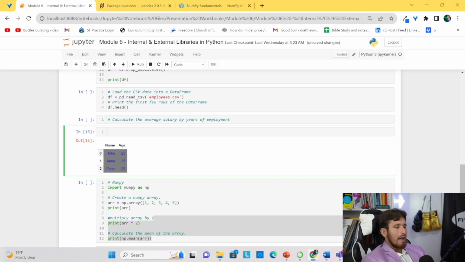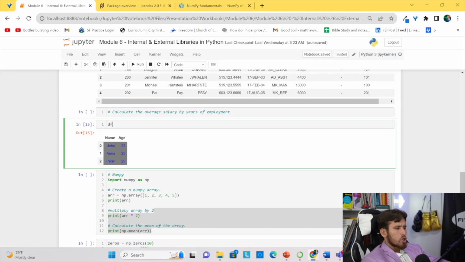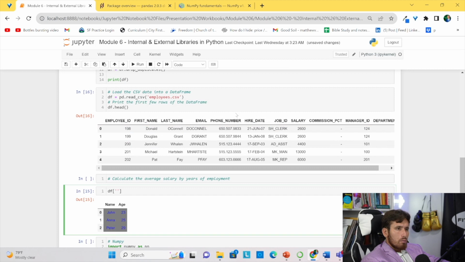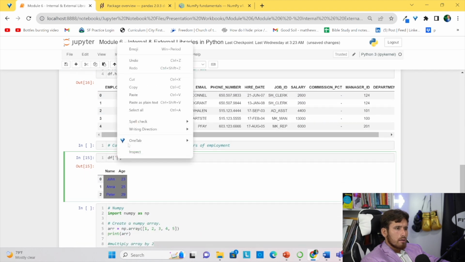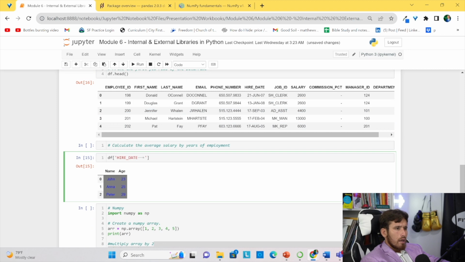So we want to calculate the average salary by years of employment. What we want to do here is convert the string of the hire date to an actual date. So we're going to do df, and we're going to choose the name of the column, which is hire date. df hire date. Paste this in here. And we'll do equals pd, which is pandas, to_datetime,